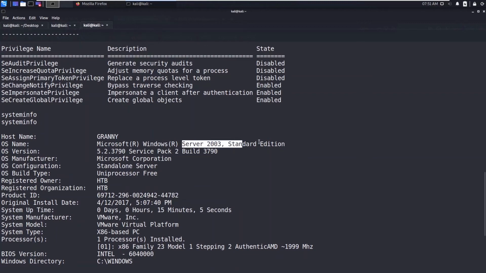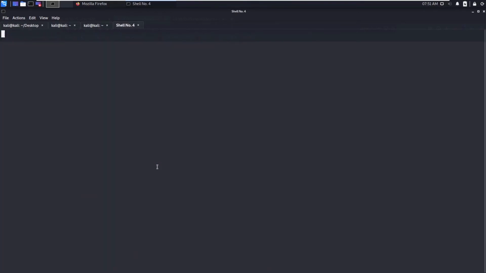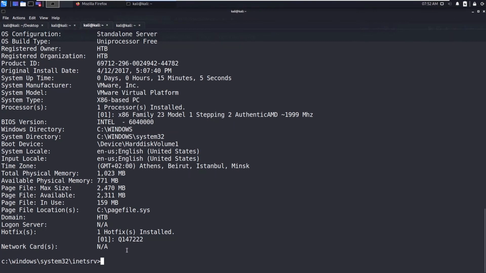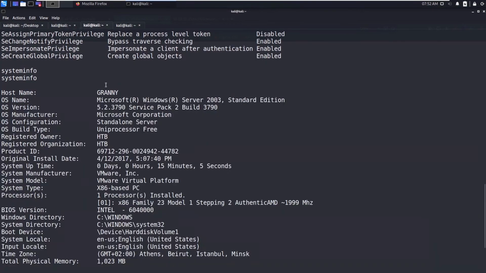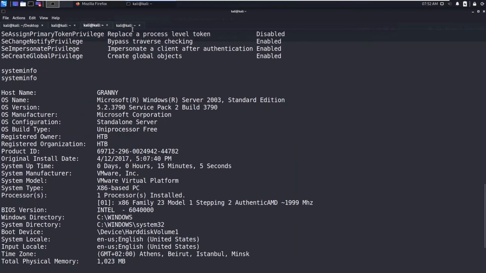So Windows Server 2003. That means we can execute the Churrasco exploit. You can Google for this, or you can copy all this system info and run the local Windows exploit suggester. That should give you the exploits this box is vulnerable to.